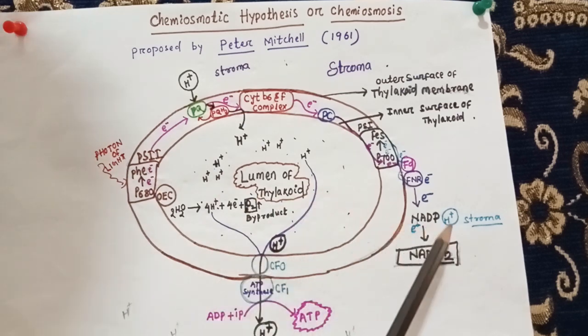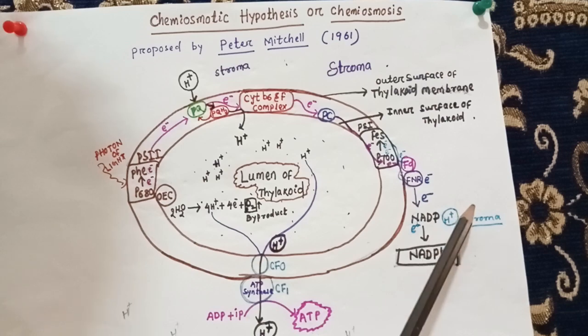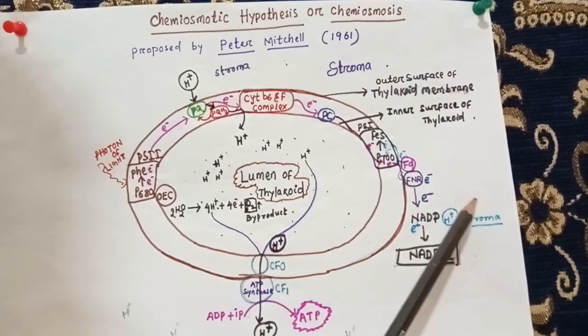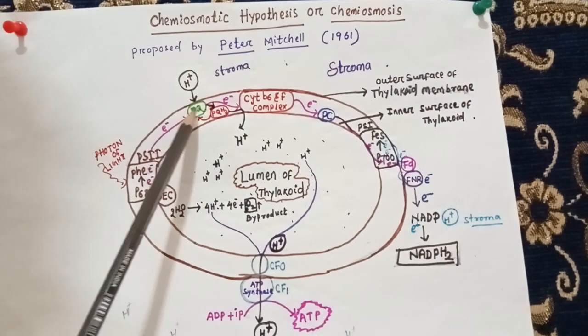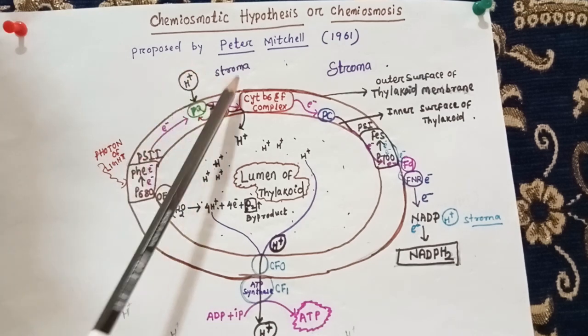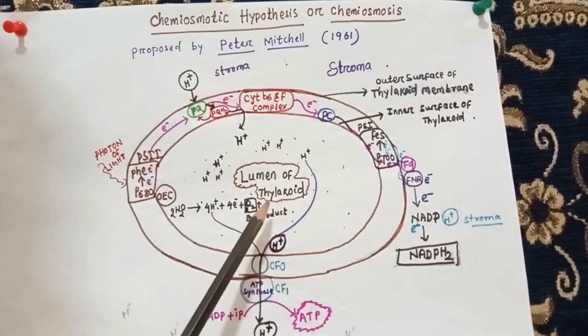And due to the use of protons from the stroma, that is, NADP can use the proton for its reduction, and again when the plastoquinone pumps the proton from the stroma into the lumen of the thylakoid,